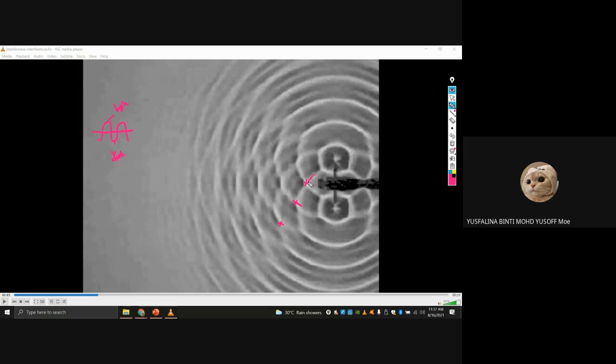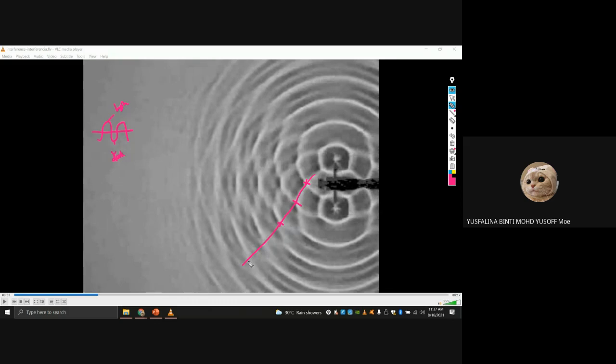So you just connect the line here, connecting all the constructive interference in one line. This is called the antinodal line. But for the destructive, it's hard to see